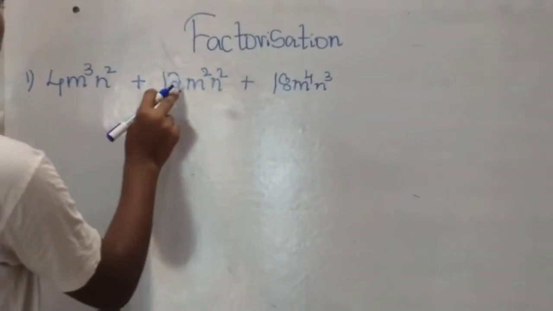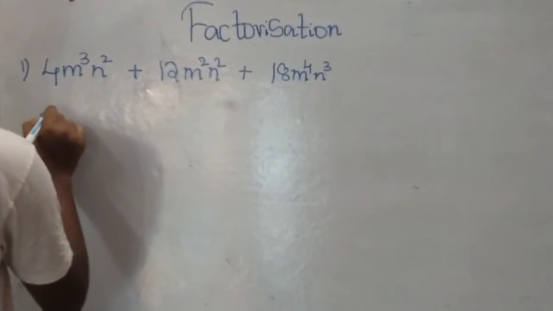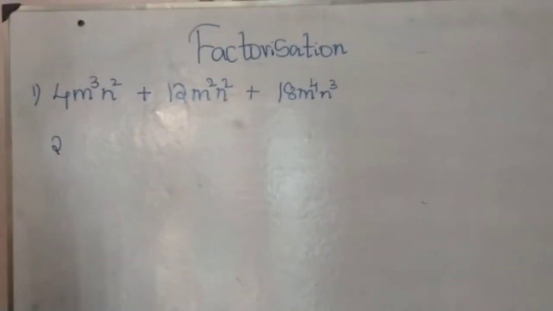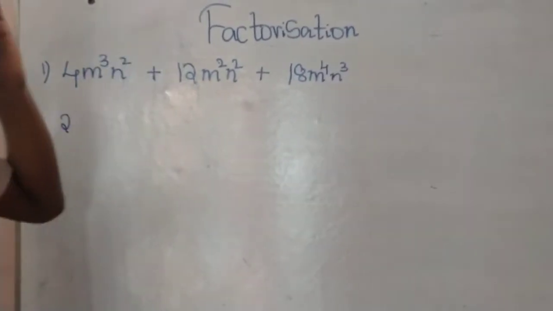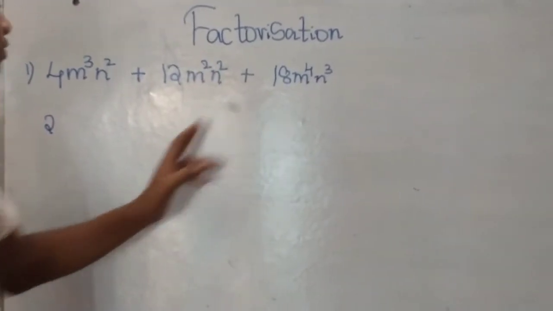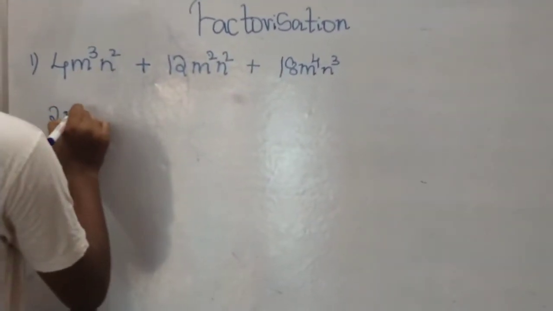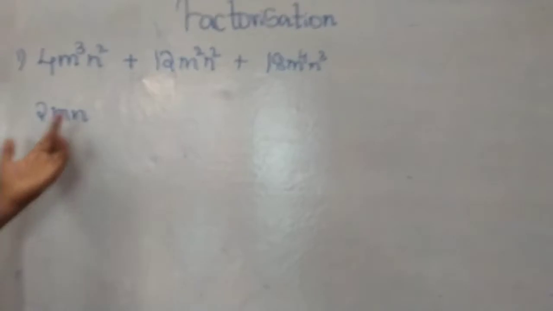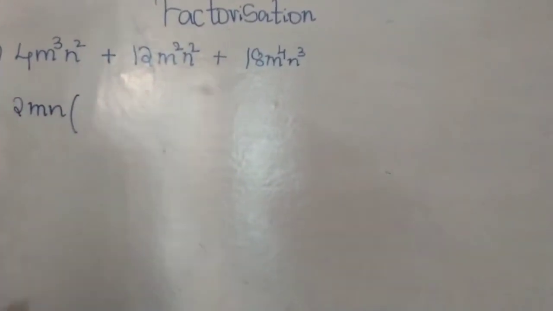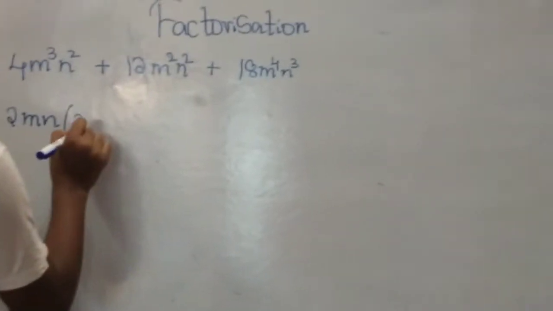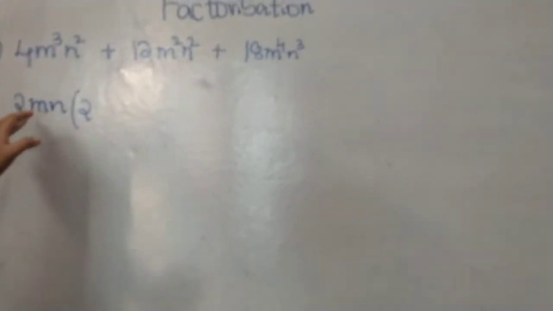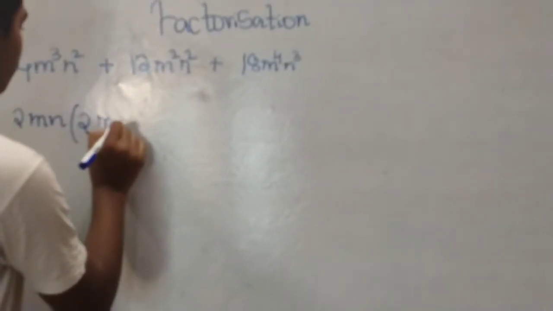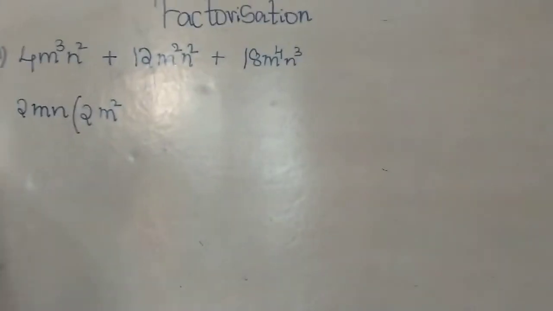2 is the common multiple of the 3 constants. Now we have to see the variables. We have to remember the important point that we take the least degree of the 3. The least degree is mn, because m square and n square, least means mn, into 1, into 2 twos are 4. Now m into dash gives m cube means m square, n into dash gives n square means n.